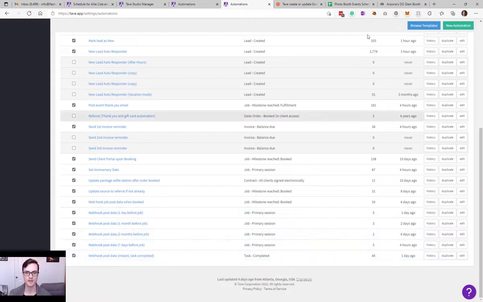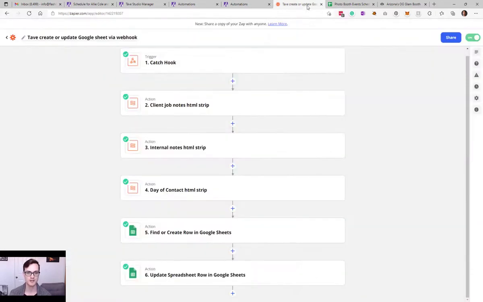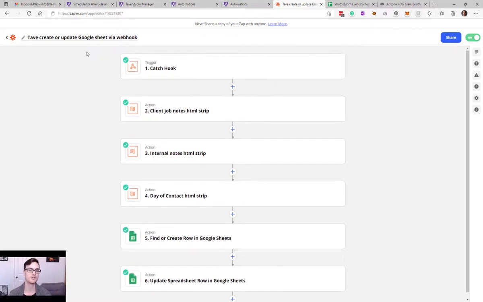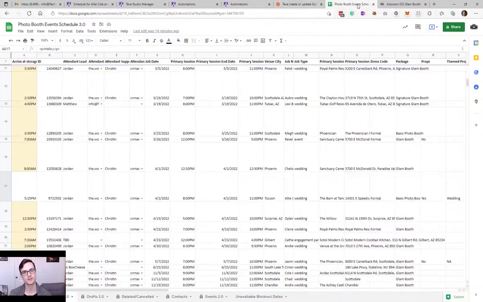So with that out of the way, we're going to go into Zapier here, and we're going to create a new Zap. Now I've already got all this set up and I've got all the systems built out, so I'm not going to start from scratch, but I'm going to walk you through my existing tools that are set up. So we have a new Zap, and actually before we go any further here, we're going to want to set up our spreadsheet and make sure we can sign in and get it built the way we want with the necessary headers in place. So let's go over to Google Sheets, sign in